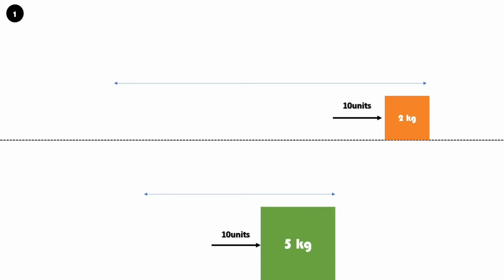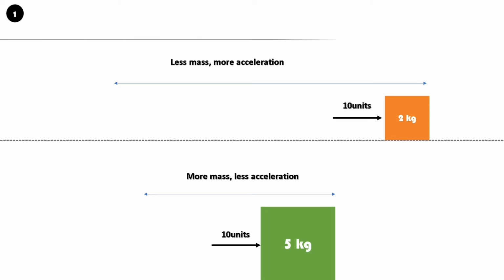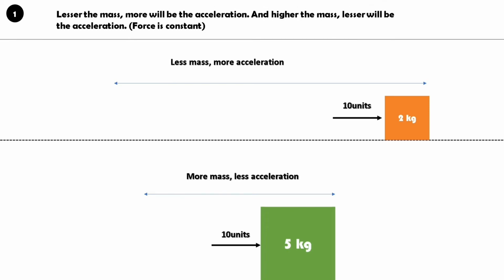In other words, the box of 2 kg travelled with more acceleration when compared to the box of 5 kg. From this, we can say that the box with less mass will travel with more acceleration and the box with more mass will travel with lesser acceleration. In these two cases, we can observe that mass is inversely proportional to acceleration. That is, lesser the mass, more will be the acceleration, and higher the mass, lesser will be the acceleration when force is constant. So mathematically, it can be represented as m is inversely proportional to a, where m is mass